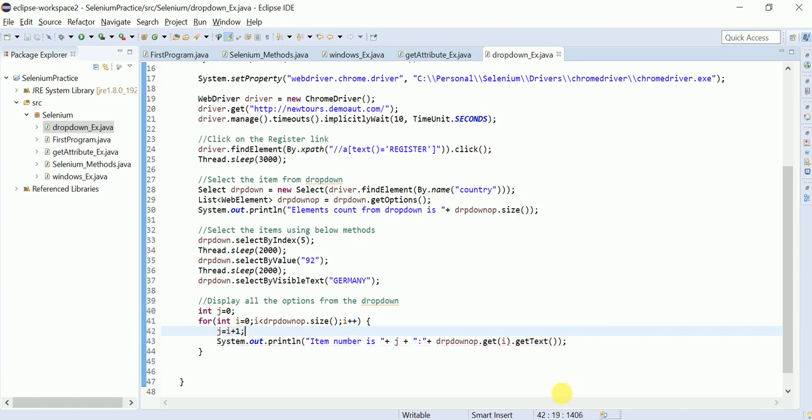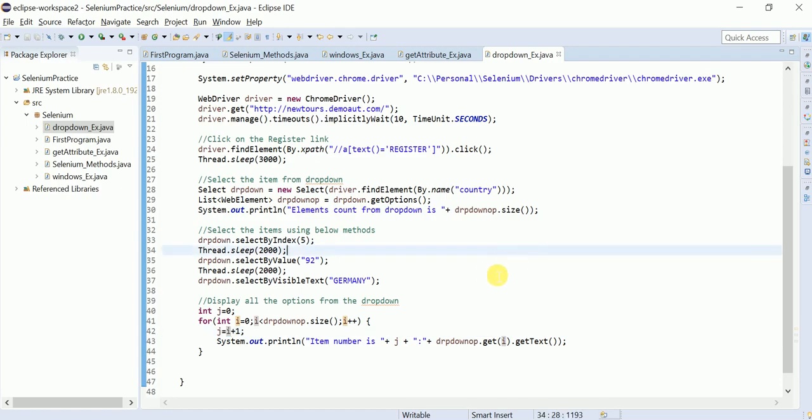Now you will understand. First time i equal to 0, so j equal to 0 plus 1. j value will be 1. So the first item number is 1 and it is going to give the value. To print the item number also, I have taken one more variable here. So we are perfect now.